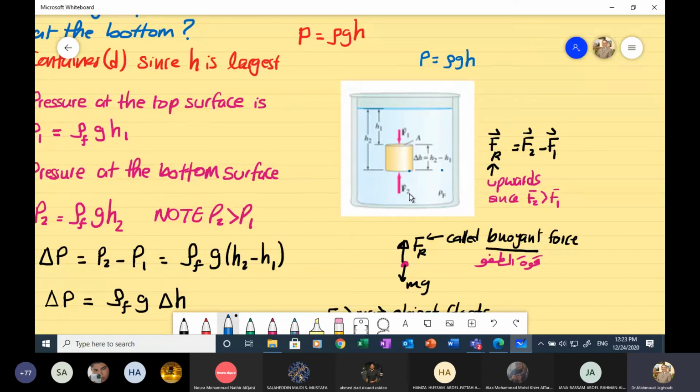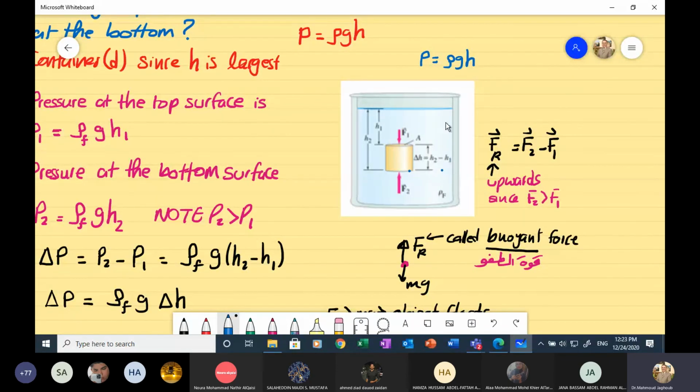طيب you can ask me how do I make sure of this? أنا بحكي لك هذا السائل is a static fluid. لو كان البريشر هون، بناء على اللي انت حكيته، اقل من البريشر هون شو راح يصير؟ What happens? يصير في حركة في السائل. Exactly. Fluid will move from the higher pressure to where? To the lower pressure. صح؟